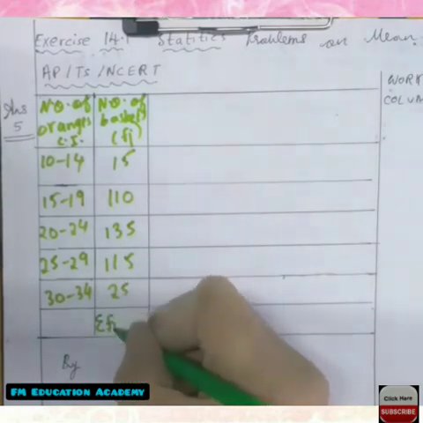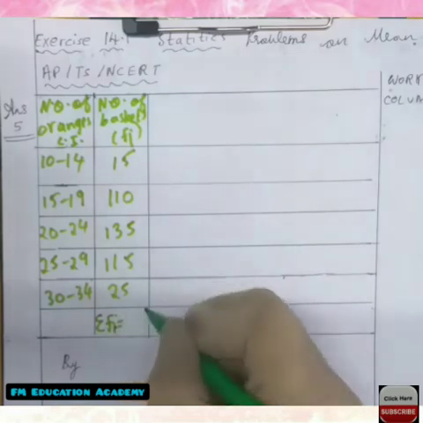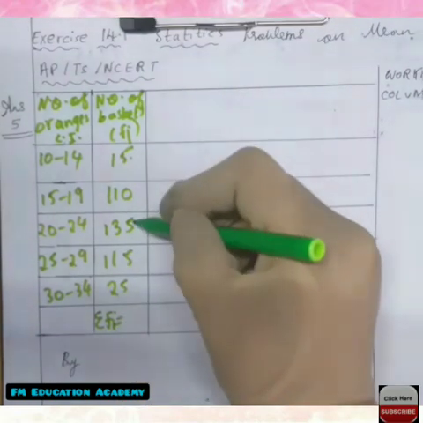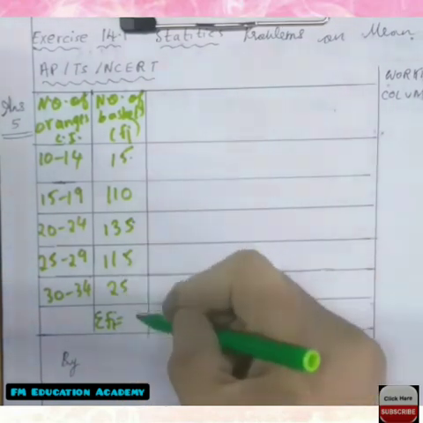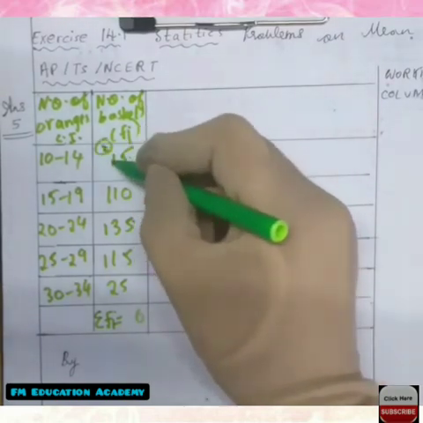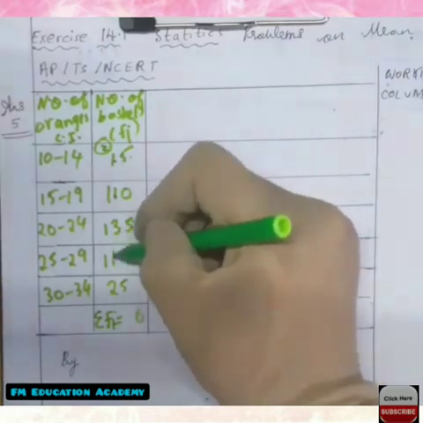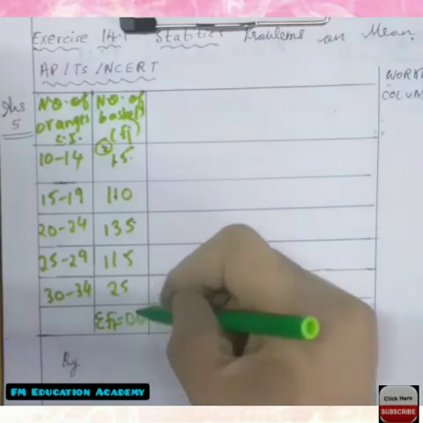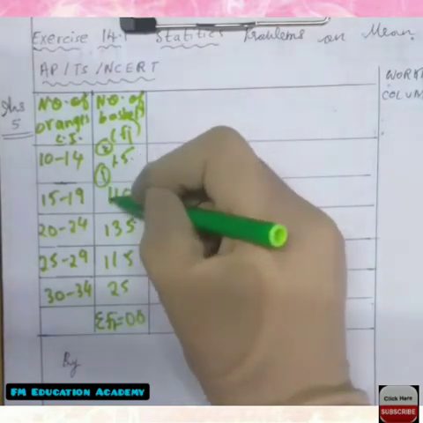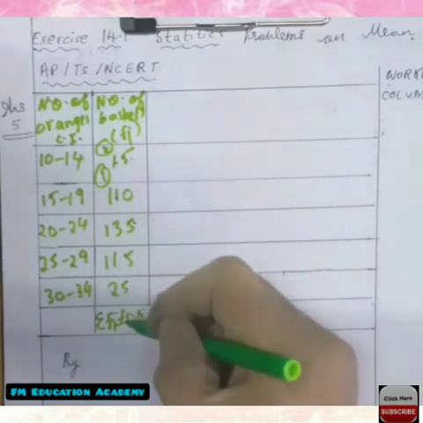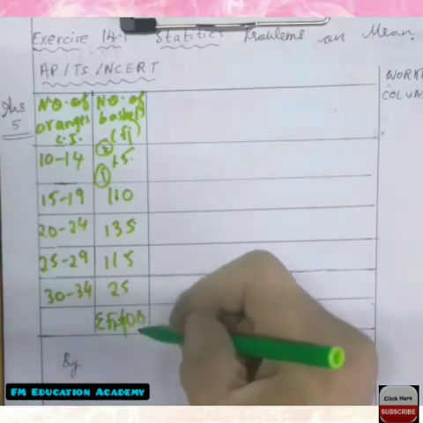Okay. So total frequency is not given in the question, but we will need it in the formula. So I am adding 5 plus 5 is 10, 10 plus 5 is 15, 15 plus 5 is 20. 2 plus 1 is 3, 3 plus 1 is 4, 4 plus 3 is 7, 7 plus 1 is 8, 8 plus 2 is 10. 1 plus 1 is 2, 2 plus 1 is 3, 3 plus 1 is 4, 400. So we got sigma fi as 400.